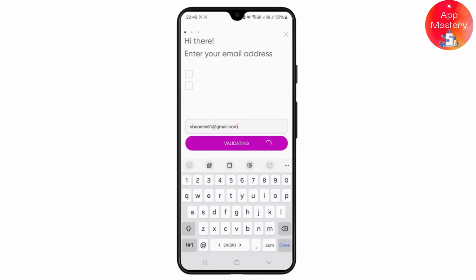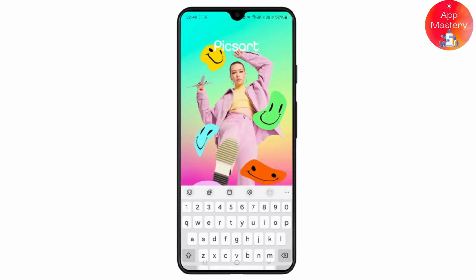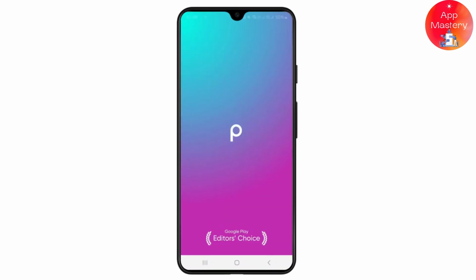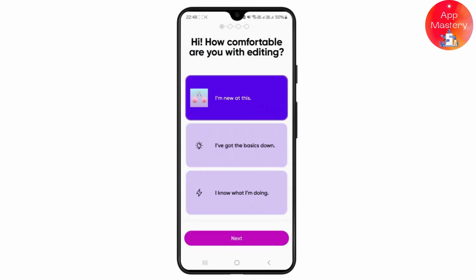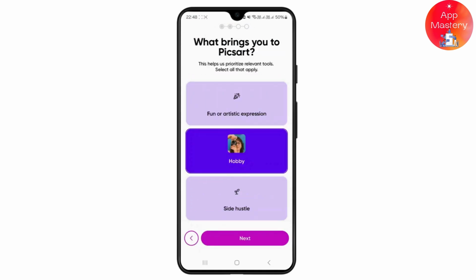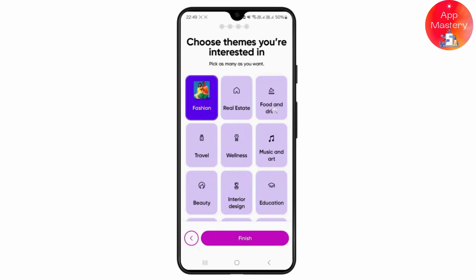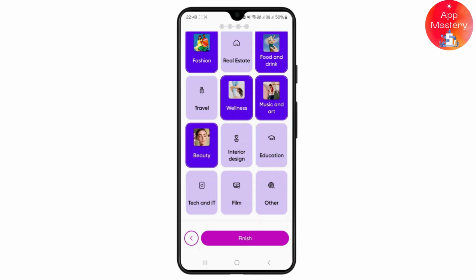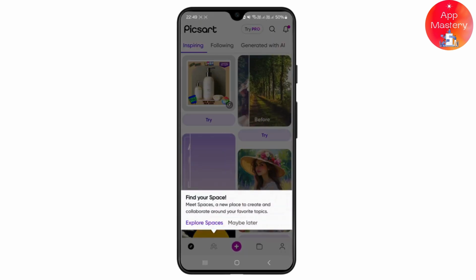So once you type in your email, just click on it and make sure you follow the on-screen instructions to create a password. So once you follow the complete password pattern over here, just click on complete, and you'll have successfully created your Picsart account just like this. And you can just follow along the on-screen instructions, or you can also skip it. So just do accordingly, according to your choice, and just click on finish, and then you will have successfully